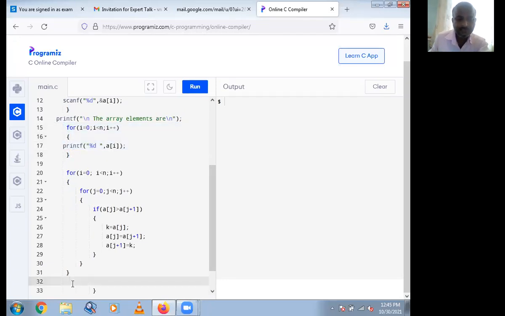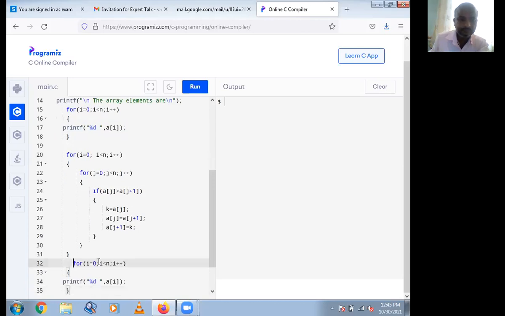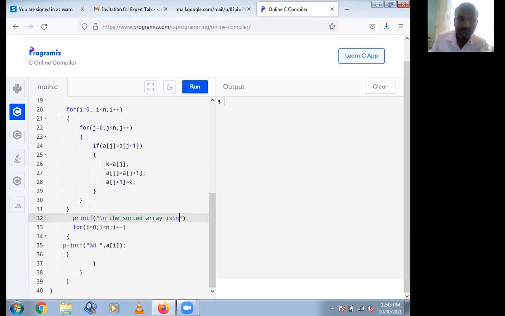Before that I will write a printf statement, printf slash n, the sorted array is. Then for i equal to 0, i less than n, i plus plus, printf percentage d a of i.